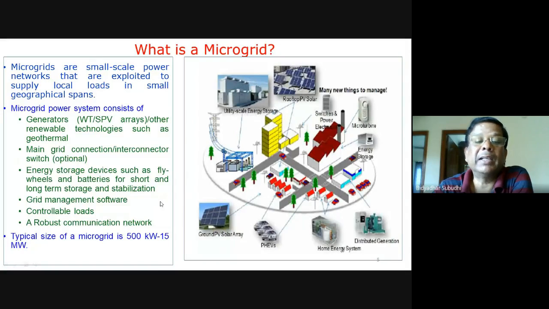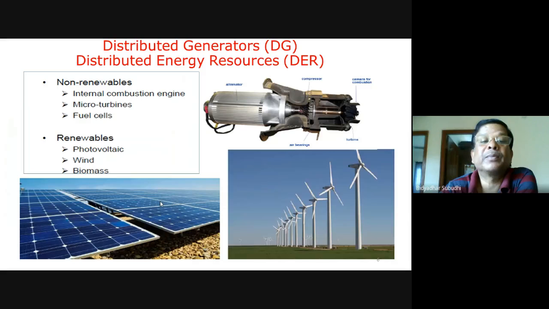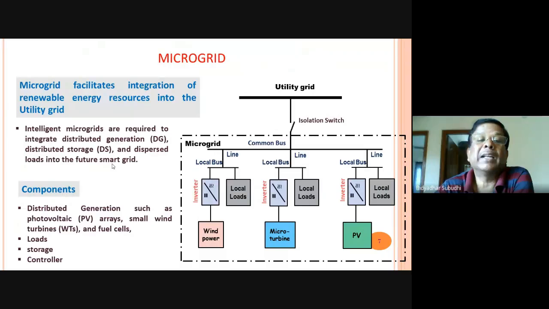So typically a microgrid may range from 500 kilowatts to 1500 megawatts. Now these are some examples of the distributed generating sources, or what we call distributed energy resources. An IC engine could be considered non-renewable, along with micro turbines and fuel cells, or they could be renewables like PV, wind, and biomass. And in a microgrid, what we typically do is create a provision to